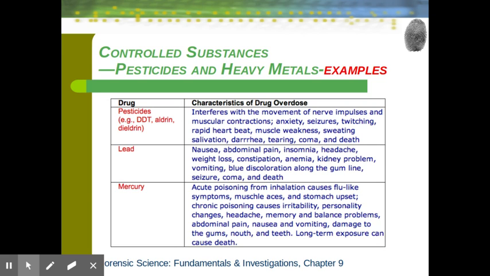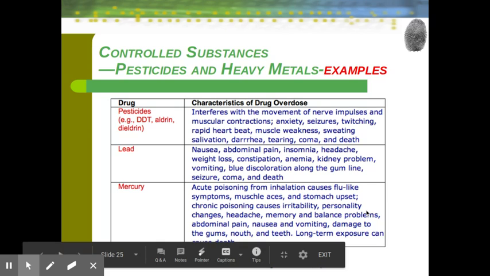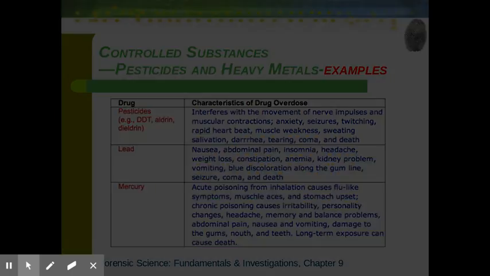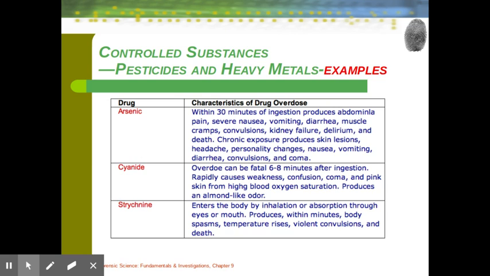Mercury, acute poisoning from inhalation causes flu-like symptoms, muscle aches, also personality changes, headache, memory and balance problems. They used to refer to the Mad Hatter. Hatters used to use mercury a lot in their work, and they would have those personality changes it talks about there, go a little bit crazy. We used to have mercury thermometers in school, but we're no longer allowed to have mercury around you guys for those reasons. And then arsenic, cyanide,